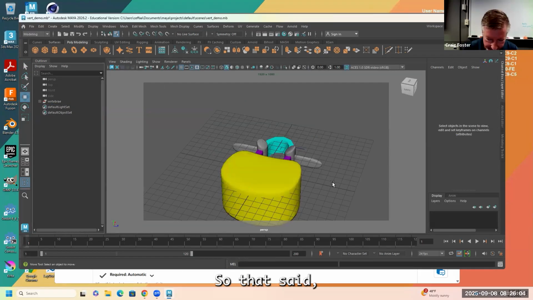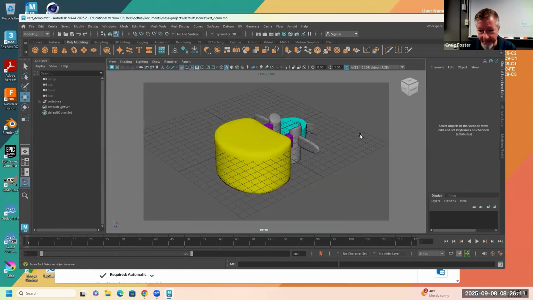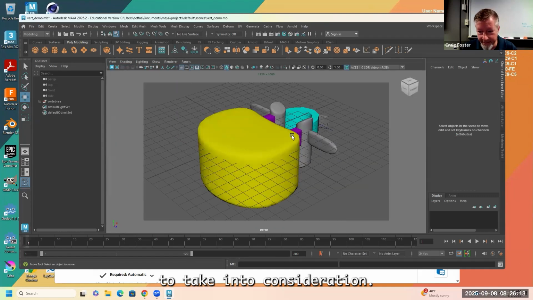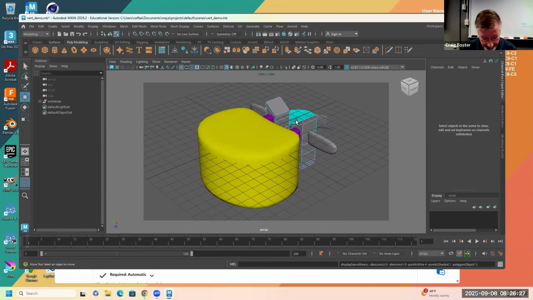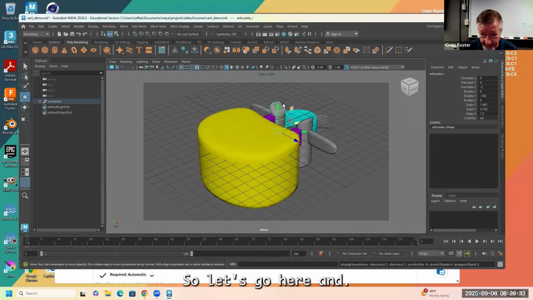So that said, let's go back to the next thing that we wanted to take into consideration, and that's simply the relative value of color when you're looking at your rendered images and presenting them to people. So let's go here and